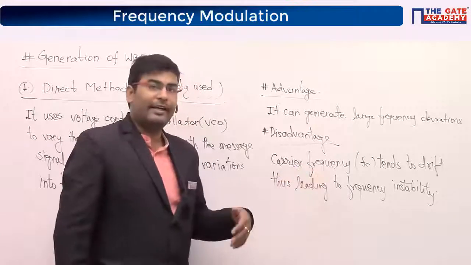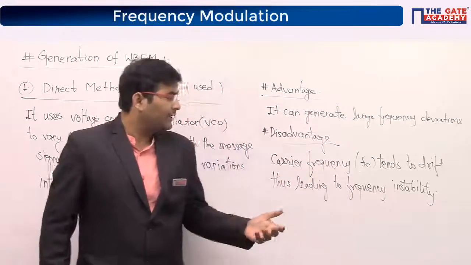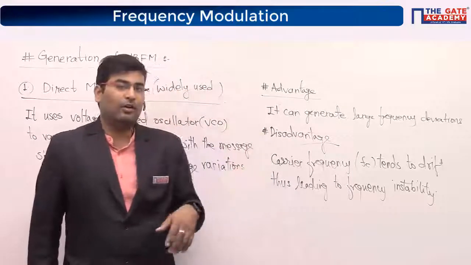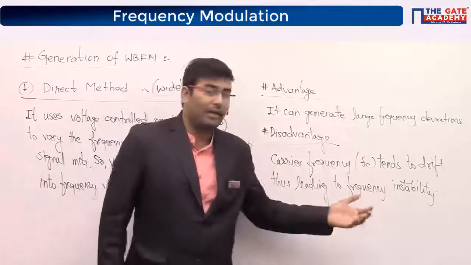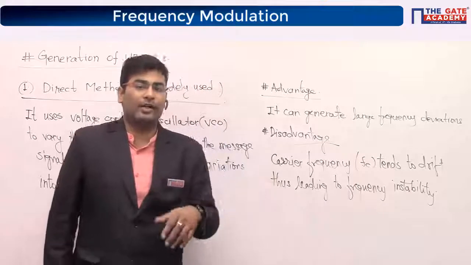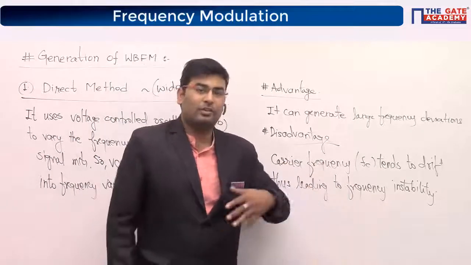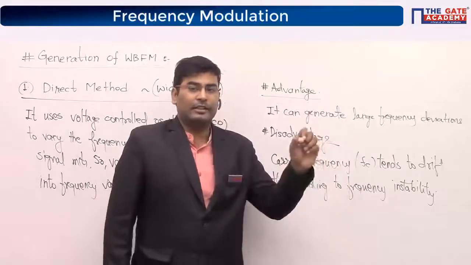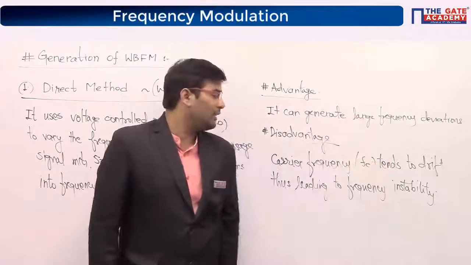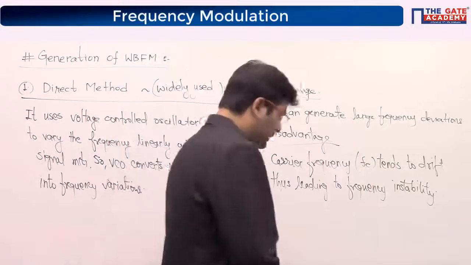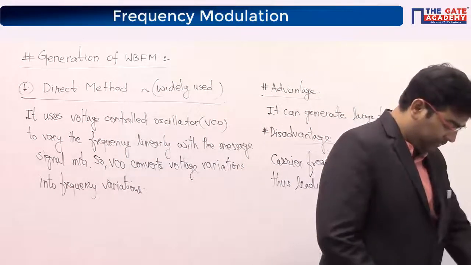So guys, how can GATE use these in a question? Chances are thin, but if they ask true or false, or which one of the following statements is incorrect, or which is the correct statement. GATE has asked in the past, long back, match the following, so this statement matches to what other statement, from column A to column B. But anyway, this is it.